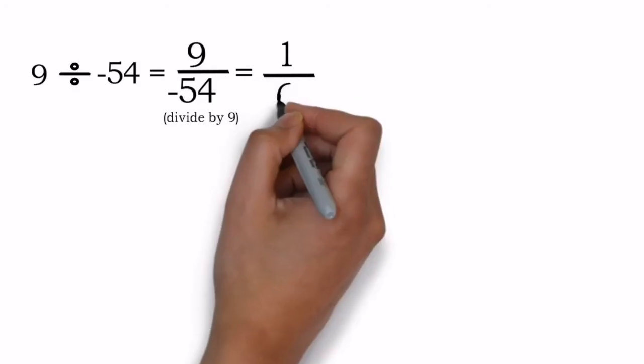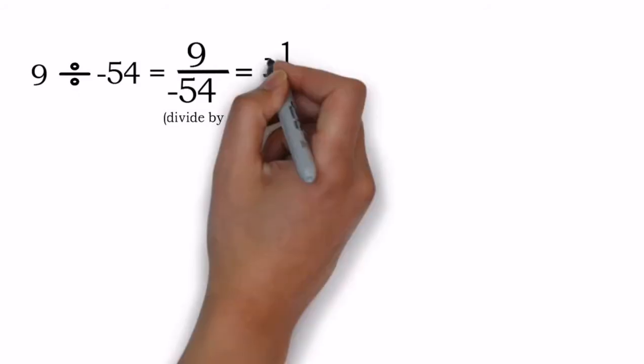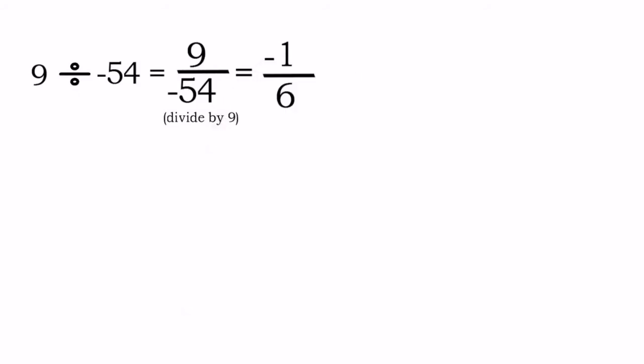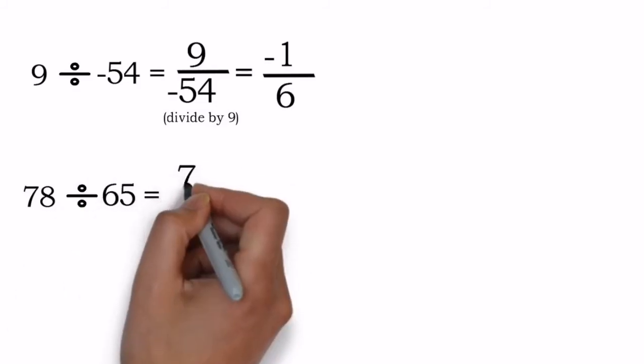Yes, only one number is negative, that is, opposite signs are there in the question, so we have to give a negative sign. But this negative sign should be given in the numerator, because conventionally we do not give a negative sign to the denominator. So shift that negative sign to the numerator, correct? Now let's try one more sum.